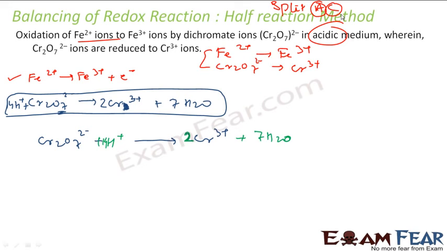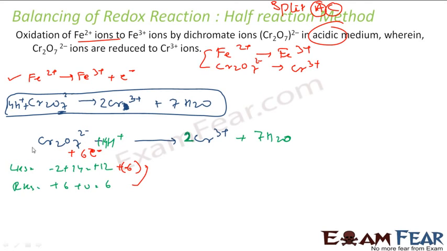Now the question comes to balance charge, right? So let's see how much charge is on the LHS. On the LHS we have -2 plus 14 here, that is +12 charge. On the RHS, how much charge do we have? We have 3 into 2, that is +6, and 0, so 6 charge here, right? So we have 12 here, we have 6 here. How to balance? We can add some electrons, right? So how many electrons can we add? This is 12, this is 6. If we add 6 electrons here, minus 6 charge, both will become 6. So we can add 6 electrons here,